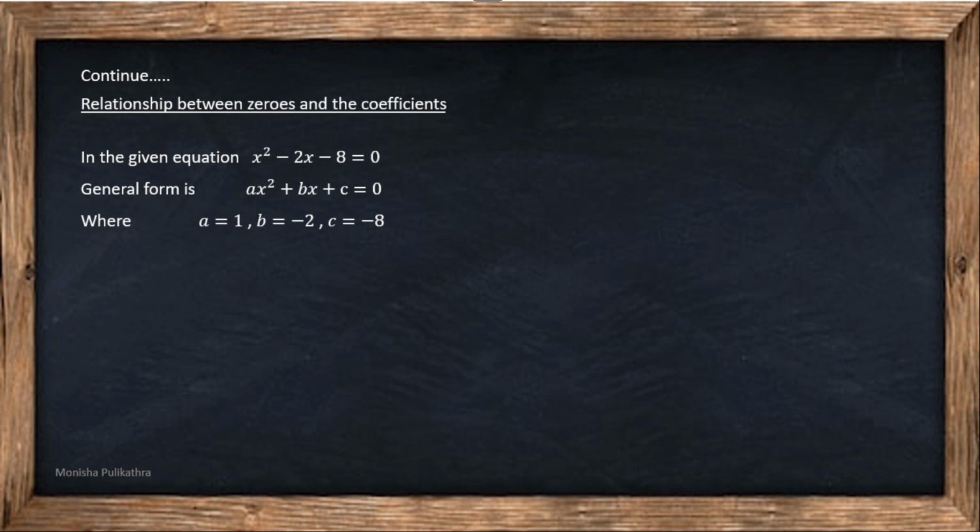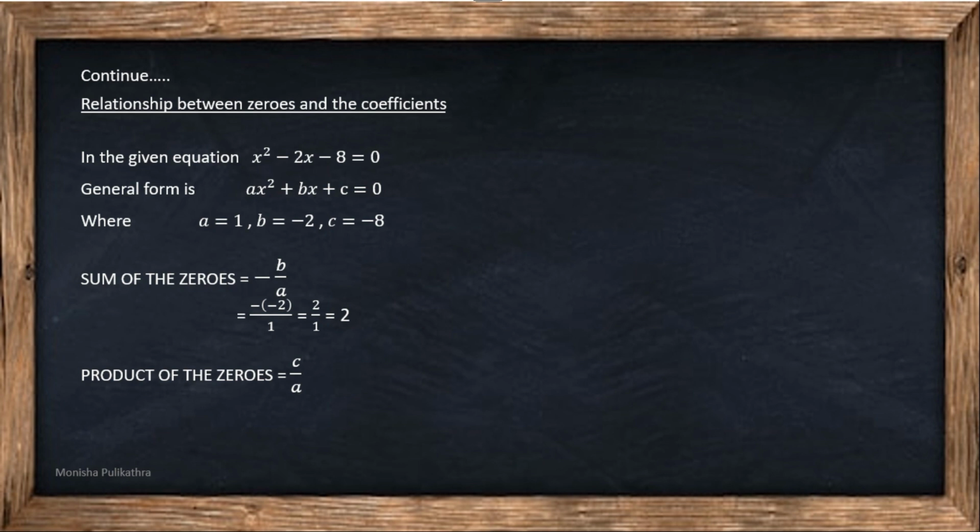Next we need to find out the sum of the roots and the product of the roots. The sum of the zeros formula is minus b by a. Already in the formula there is a minus symbol. So when you are substituting the value of b, you should be conscious enough to write another minus sign there. Else the answer will be 0. So in the formula there is minus b by a. For b you need to substitute b is equal to minus 2. So it will become minus of minus 2 whole divided by the a value, which is 1. So it will become minus into minus plus 2 by 1. Therefore 2 by 1 is equal to 2.